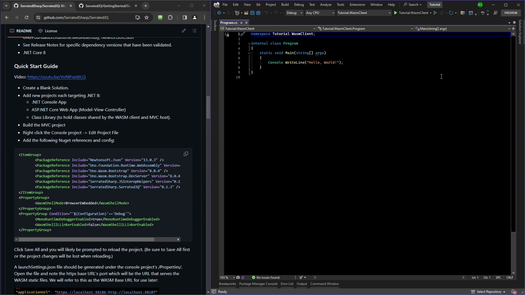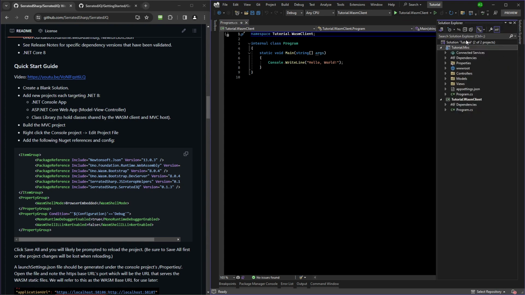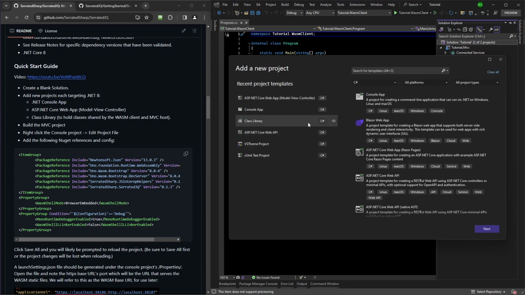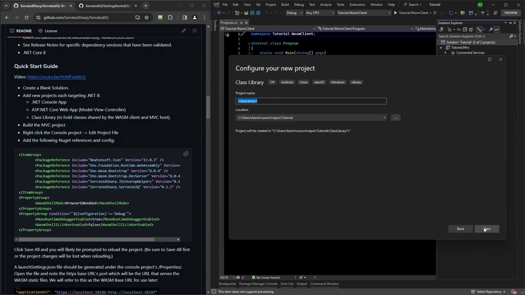Just take the defaults. Let's close that. And then we're going to need later, we're going to need a class library. This is going to act as a place to share code between, so you might have some constants or certain